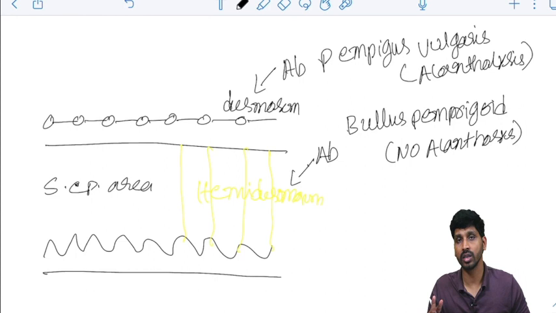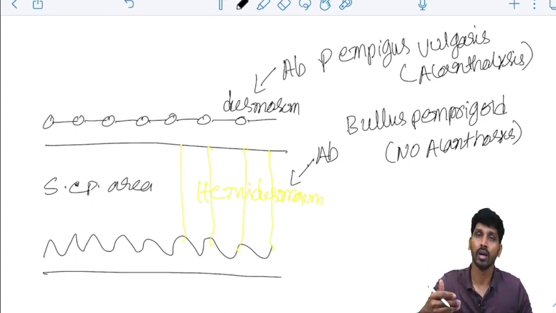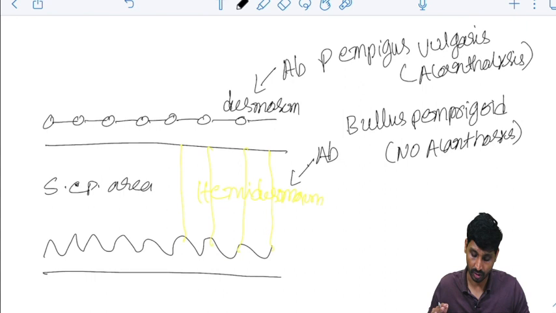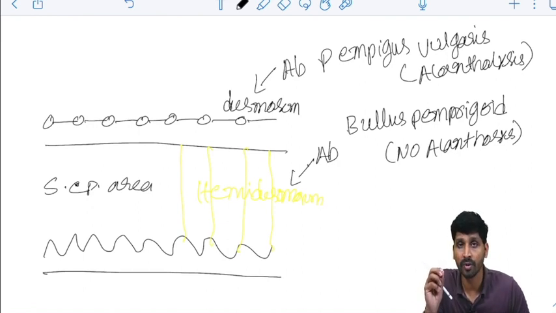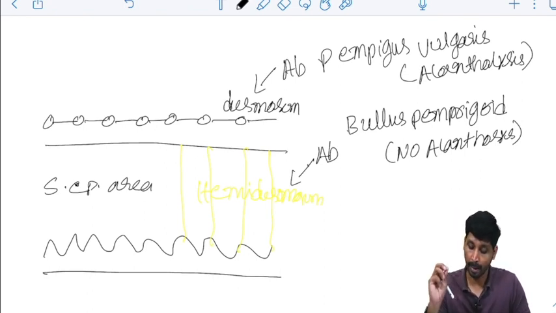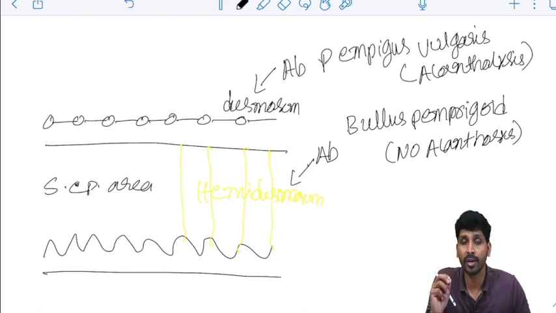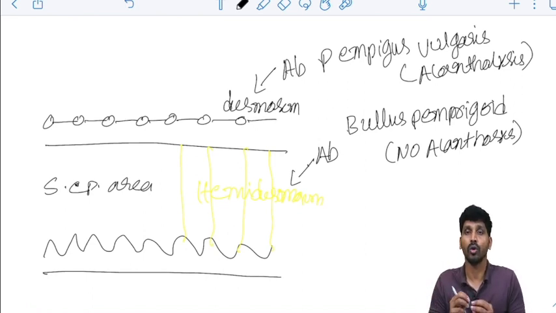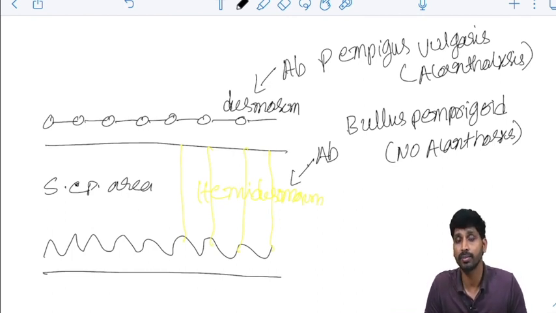So here two antibodies develop, one against hemidesmosome, one against desmosome, which is present in the epidermis. Competitive exams will ask about bullous pemphigoid. In bullous pemphigoid, what will be destroyed? The hemidesmosome, which is present in the subepidermal area. And in Pemphigus vulgaris, the desmosomes present in the epidermis will be destroyed. If you are given a skin biopsy to analyze the collagen disorder, to check for autoimmune disorder,